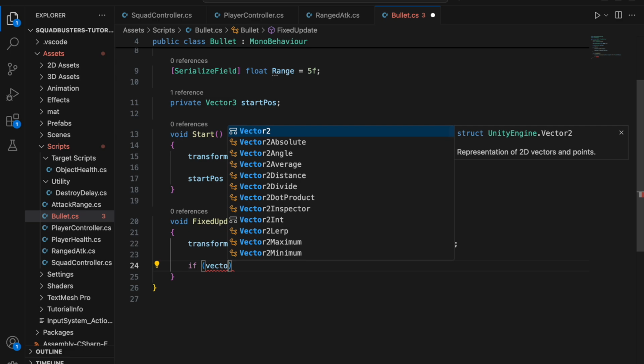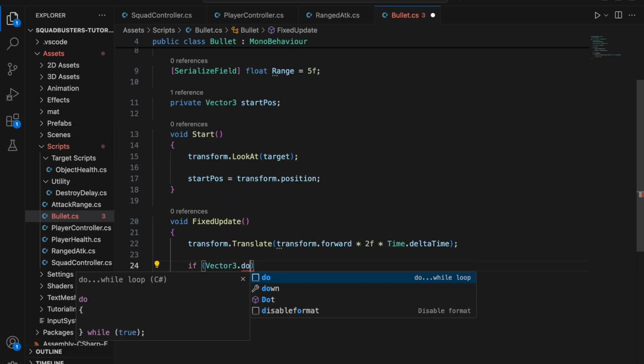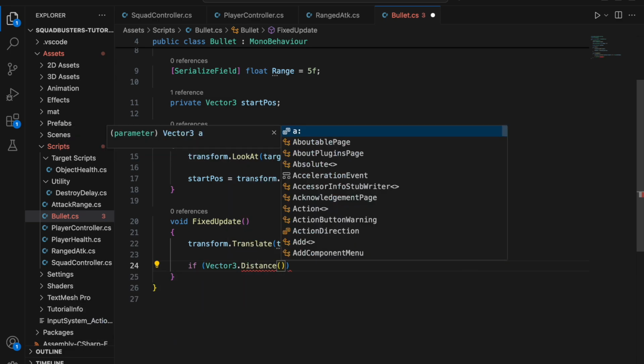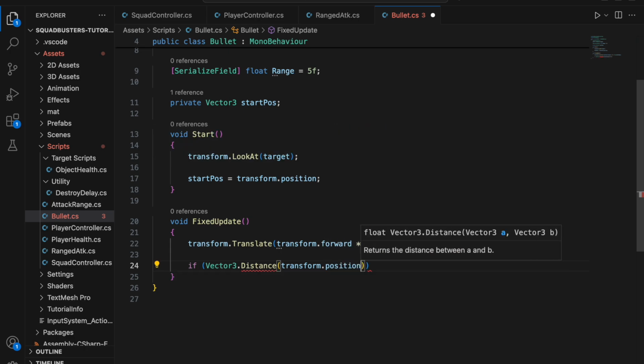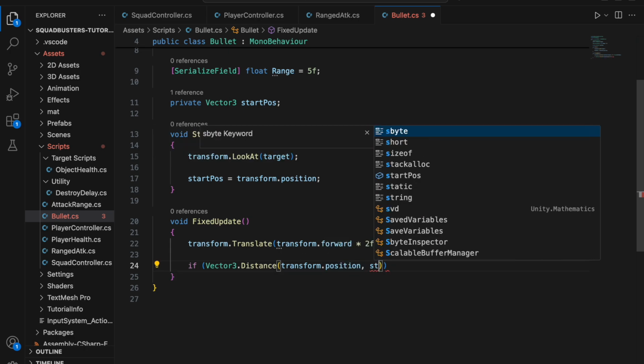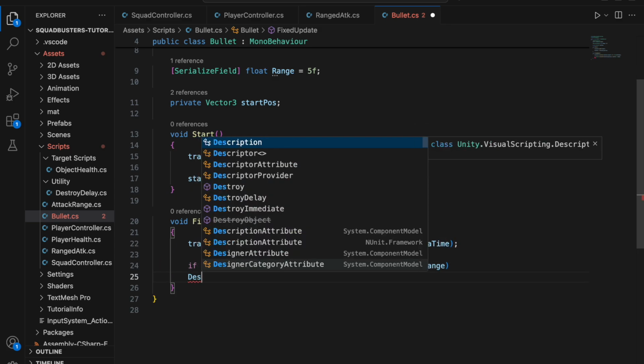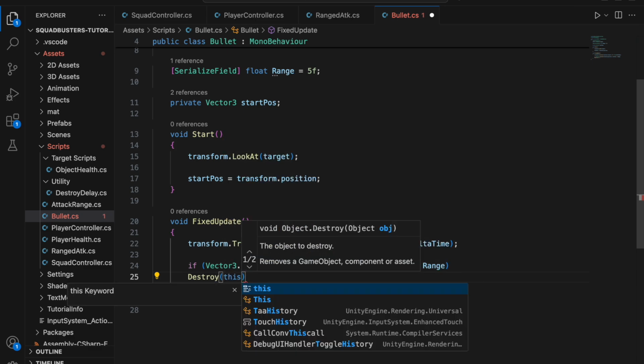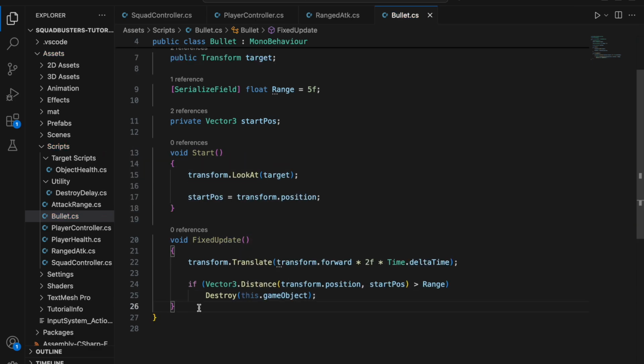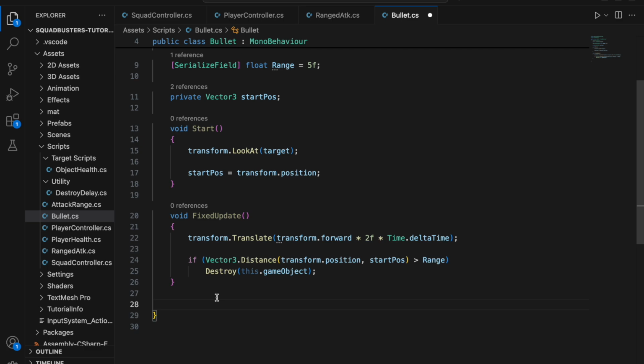Now we can simply do Vector3.Distance, and we can take our current position from our transform, and then we can take our start position, and if the difference of this is greater than our range, in that case I want to destroy this game object. Also, what I'm going to do is I'll create OnTriggerEnter,